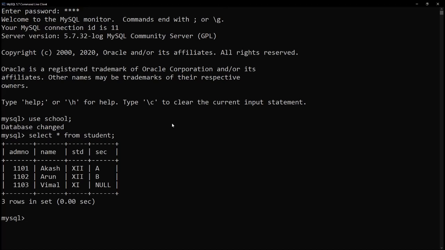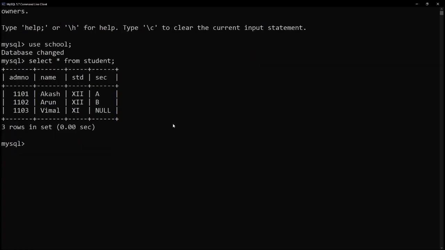Now let us see the various options that are available in the select command. As I told you, select star will show all the columns of the table. If you feel that, okay, I don't want all the columns, I want only admission number and name, then you can tell select ADMNO, comma, name from student.